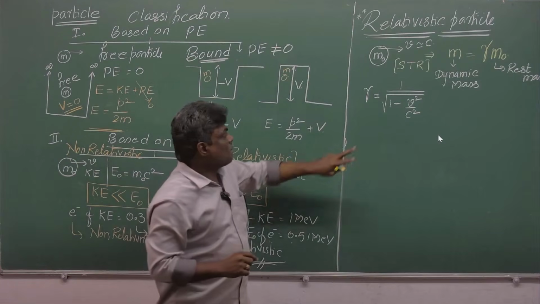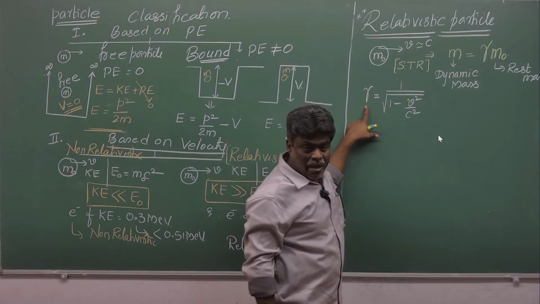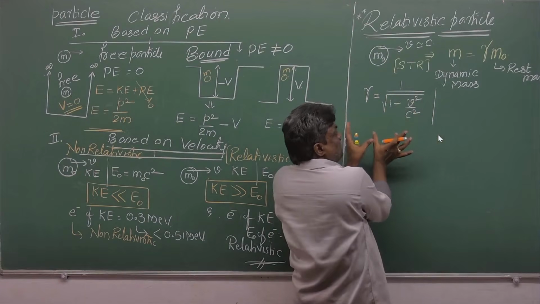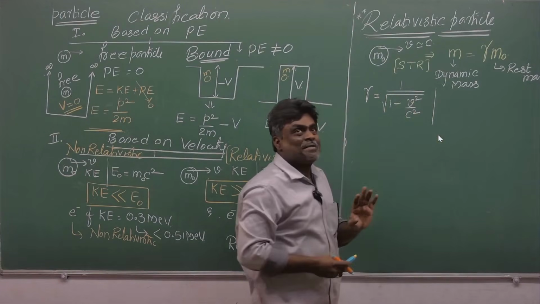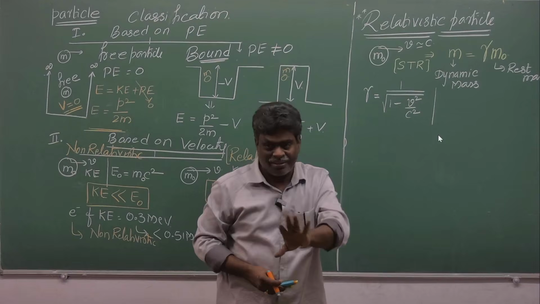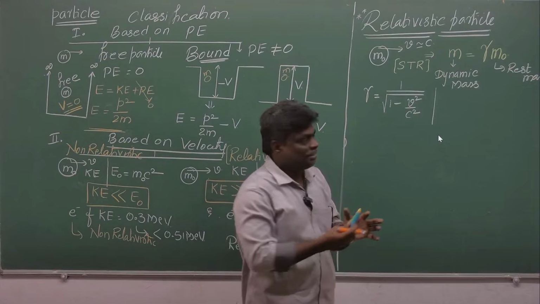Gamma value: they have given velocity and you have to find gamma. Okay, one minute. If you don't know, try to remember. Don't get tension. Gamma value is 1 by under root 1 minus v square by c square. Earlier you didn't know, today you learn, go and practice. That's it. Now,